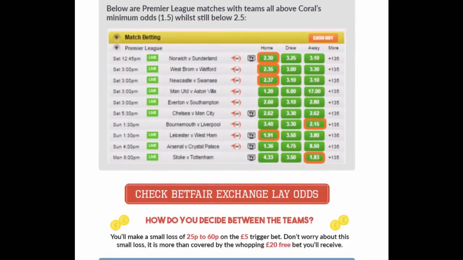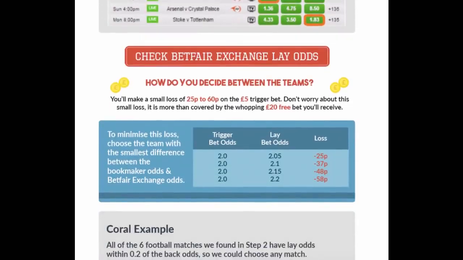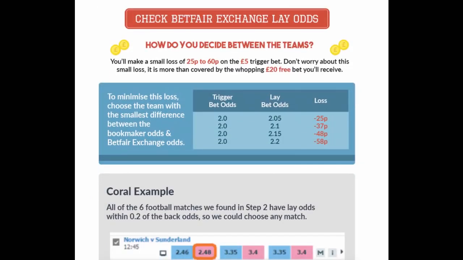Heading back to the infographic, we now see the final stage of step 1 is to check the Betfair Exchange lay odds. You should expect to make a small loss of 25 to 60p on the £5 trigger bet, but don't worry about this loss. It is more than covered by the £20 free bet that you will be receiving. To minimise this 25 to 60p loss, choose the team with the smallest difference between the bookmaker odds and the Betfair Exchange odds. Again, we have a separate video on this should you be interested to know why this is,